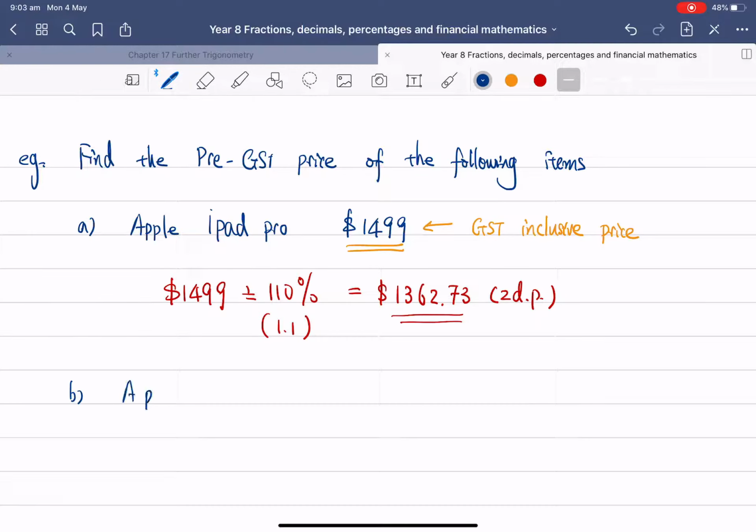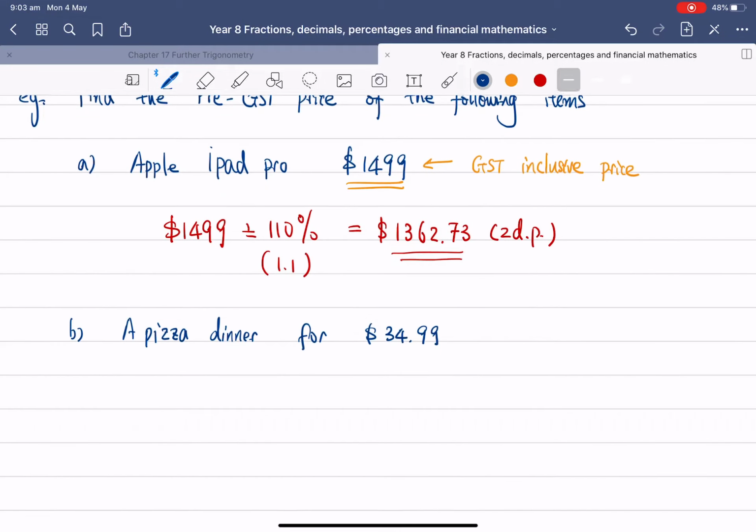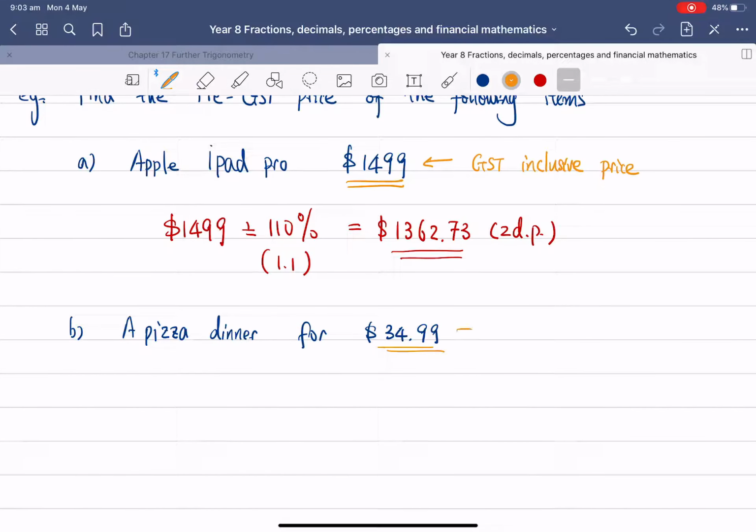A pizza dinner for $34.99. How much GST do you have to pay for that? Okay, so remember this is again the GST inclusive price. All right, so the calculation would be $34.99 divided by 110%, or you divide it by 1.1. So that is